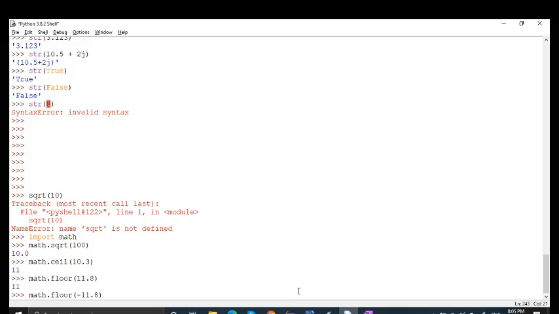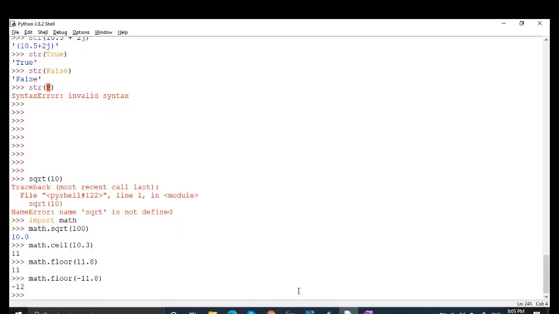So Tirtha was asking, sir, isn't there a way to conserve the data? Minus 11.8 I've written, not minus 11. Floor means it will go to the next lower value. The floor function returns the largest integer not greater than the number. Okay, you write it down. The floor function returns the largest integer not greater than num. So what will it return? It will return minus 12, right?